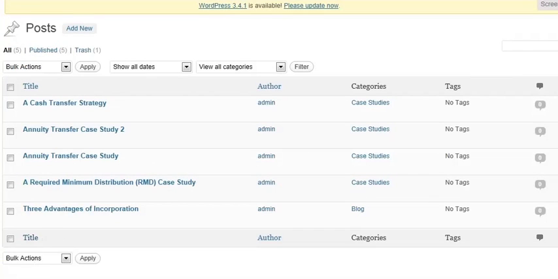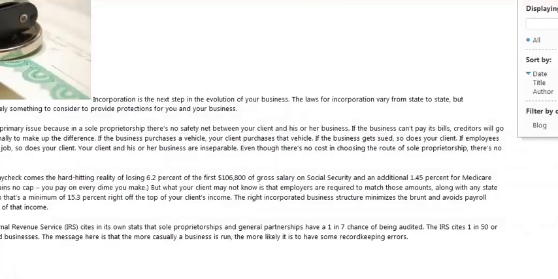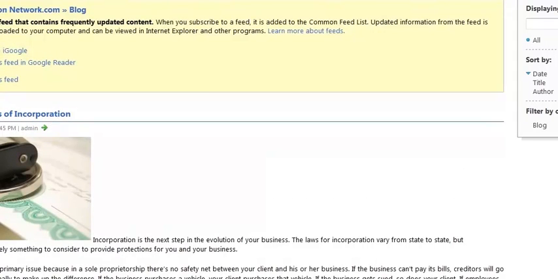Okay, so I go over to my client site that is interested in adding their feed, and they have a blog in WordPress. And here is the RSS feed that is part of their WordPress site. In this particular case, they're doing one specific category, which is called blog, which is going to be their feed URL. So I'm going to copy the feed URL that we've gotten from the WordPress blog,